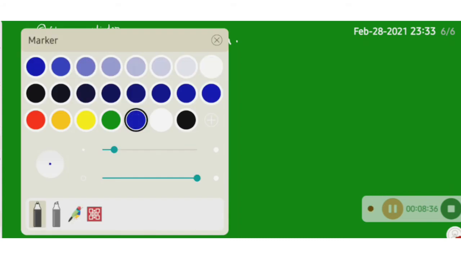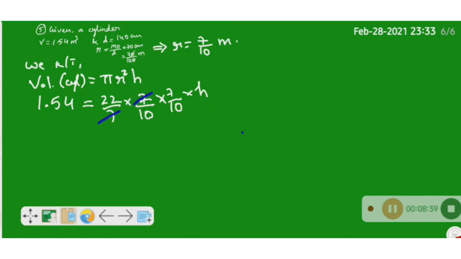So if you transpose all the numbers, let us do the cancellation first, then we'll transpose here. So 7 7 gets cancelled, right? Remaining all the numbers here, I am not cancelling this 22 by 10. Why? Because you will understand in the next step. See what we will get.